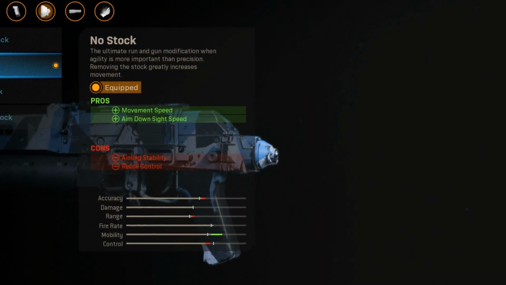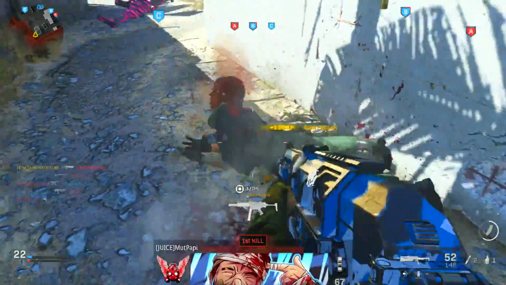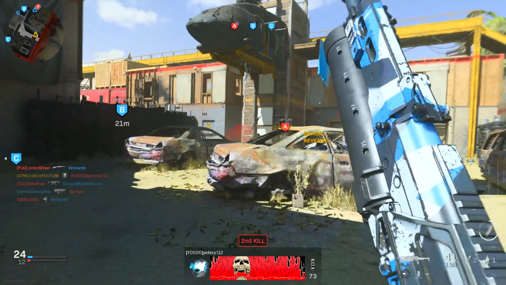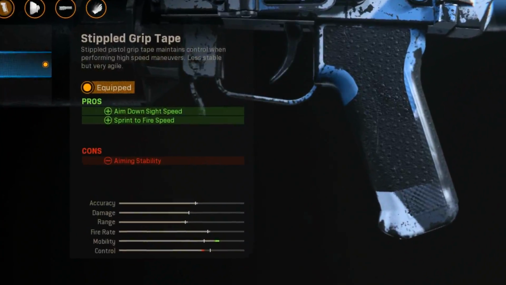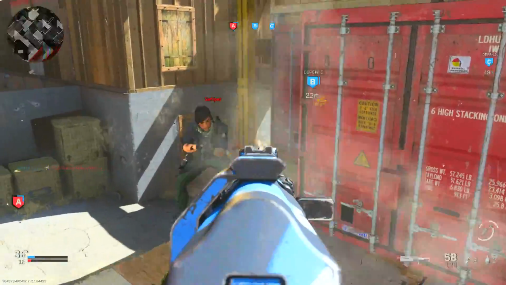So if you guys are a little confused with me saying that, I mean, that's the name. It gives you movement speed and it gives you ADS speed. Super damn important. The next attachment is going to be the rear grip. You're going to use the stippled grip tape. This gives you the ADS speed and this gives you the sprint to fire speed. So you have 2 sprint to fire speed boosts, 2 ADS speed boosts, and that movement speed boost as well,